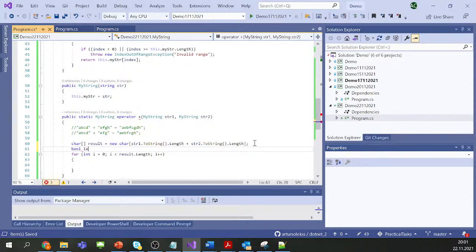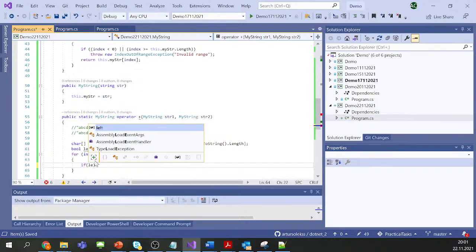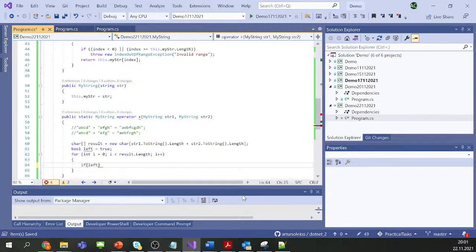So let's say we start with the left. That should be true. If the left is false, then we use the right string. So then let's say if left is true, then I, actually that would be